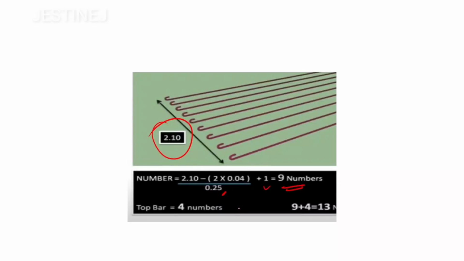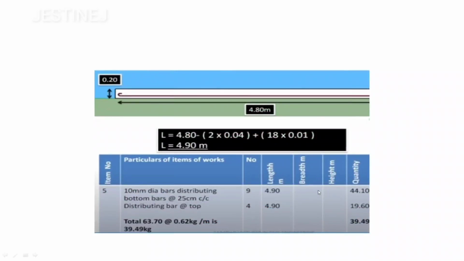And already I mentioned that we are also providing 4 numbers over this side. The top portion we are providing 4 numbers. And also don't confuse with this clear cover which we are providing. Okay, so to both sides we are providing 40 mm likewise, and this top and bottom we are providing 20 mm. Okay, so if you add up these values, 9 plus 4 is 13, and if you multiply,